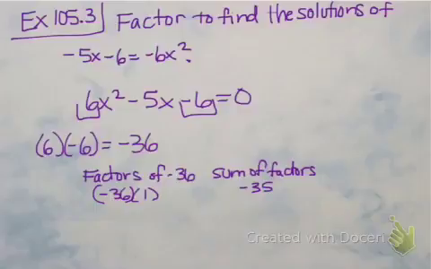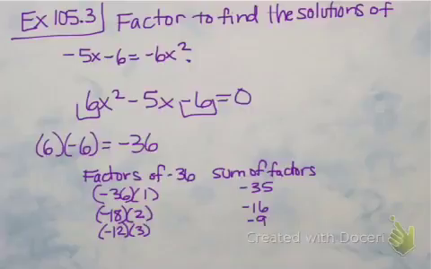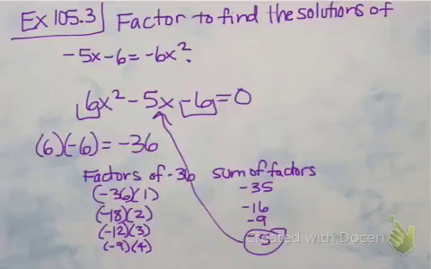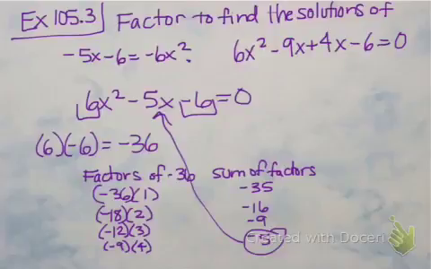So negative 36 times 1 doesn't work. Negative 18 times 2 also doesn't work. Negative 12 times 3 doesn't work. But negative 9 times 4 does work. Negative 9 plus 4 is negative 5. So I can rewrite 6x squared minus 9x plus 4x minus 6 equals 0. And so when I factor this out,